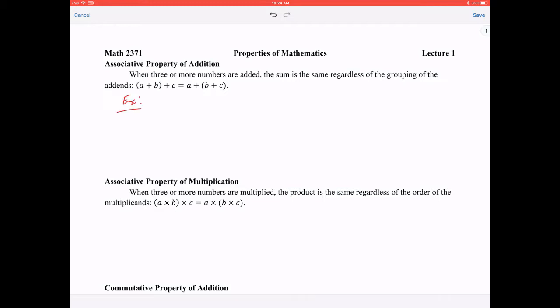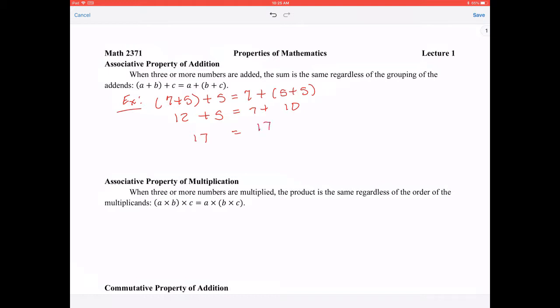And so here is an example. An example would be 7 plus 5 plus 5. And I want to show that this equals 7 plus parentheses 5 plus 5. So I want to make sure that both of these two sides of the equal sign equal each other. So 7 plus 5 is 12 plus 5. 12 plus 5 is 17. And I want to show that that equals 7 plus 5 plus 5 is 10, and 7 plus 10 is